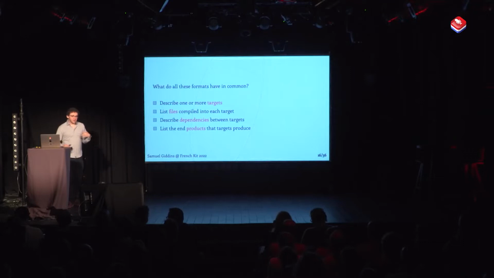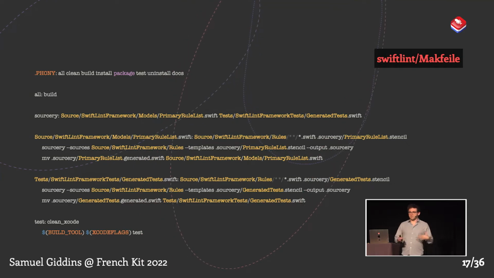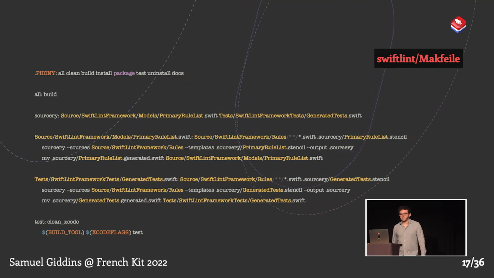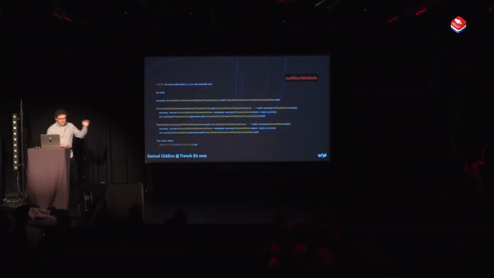But anyway, let's go through some examples of what this looks like. We'll start with an example from the Swiftlint project. So this is a makefile that can build, test, and package Swiftlint. Make is maybe the second simplest popular build system. The first simplest, of course, is you write a shell script, and it's horrifying, and you never, ever want to debug it. Makefiles are one step better than that. I'll accept an argument that they're also one step worse, but